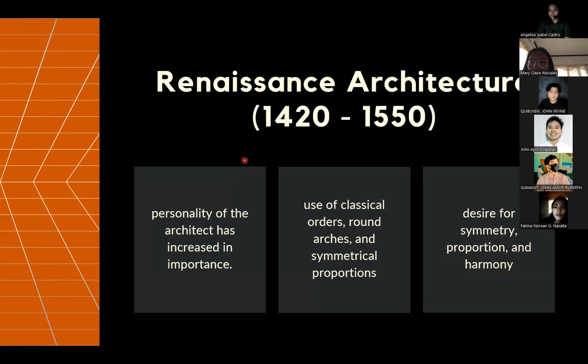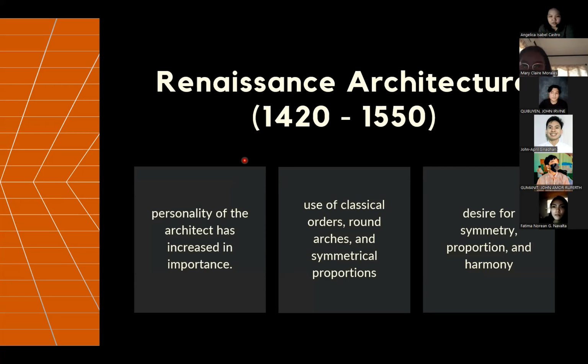During the Renaissance architecture, the personality of the architect has increased in importance. Na-embody ng building yung architect mismo. They had different styles. They had different approaches to how a building should be constructed. Later on, you'll know kung bakit importante yung mga architects in terms of constructing a building, architects and engineers as